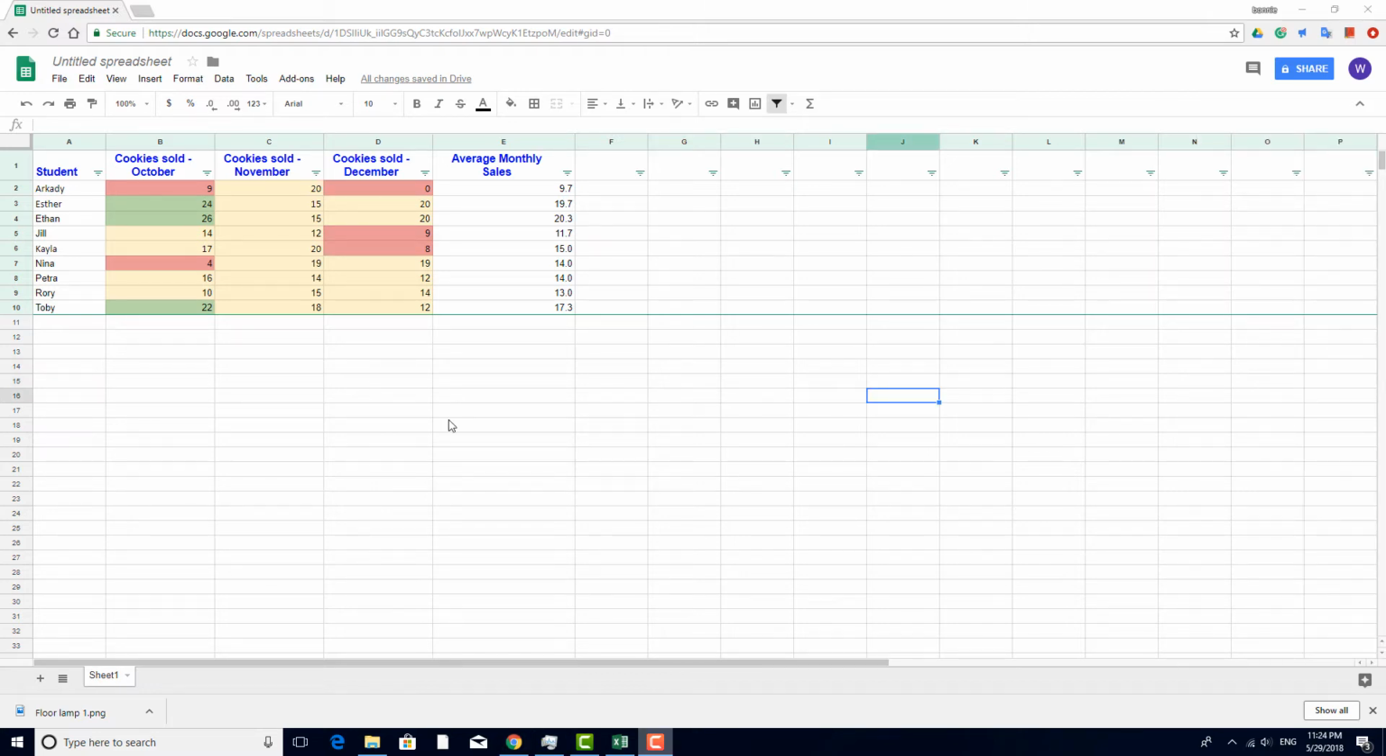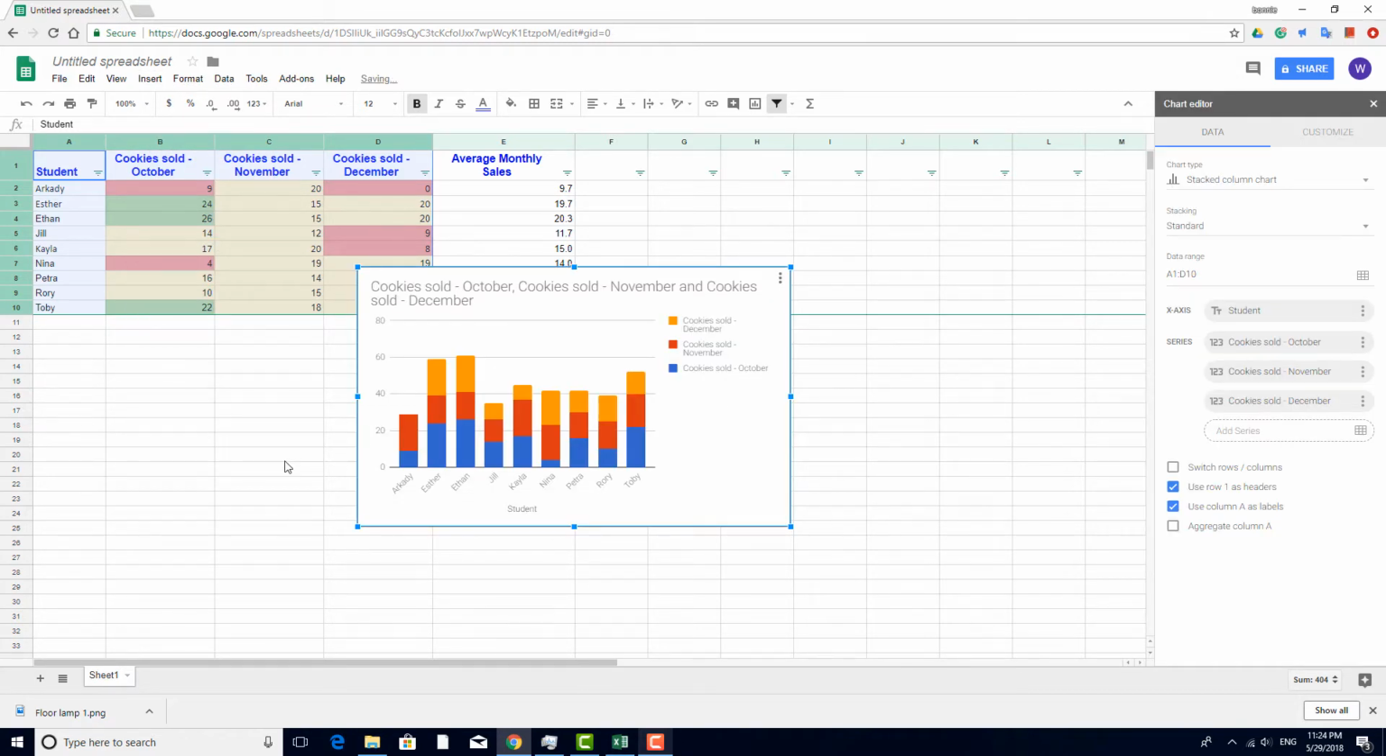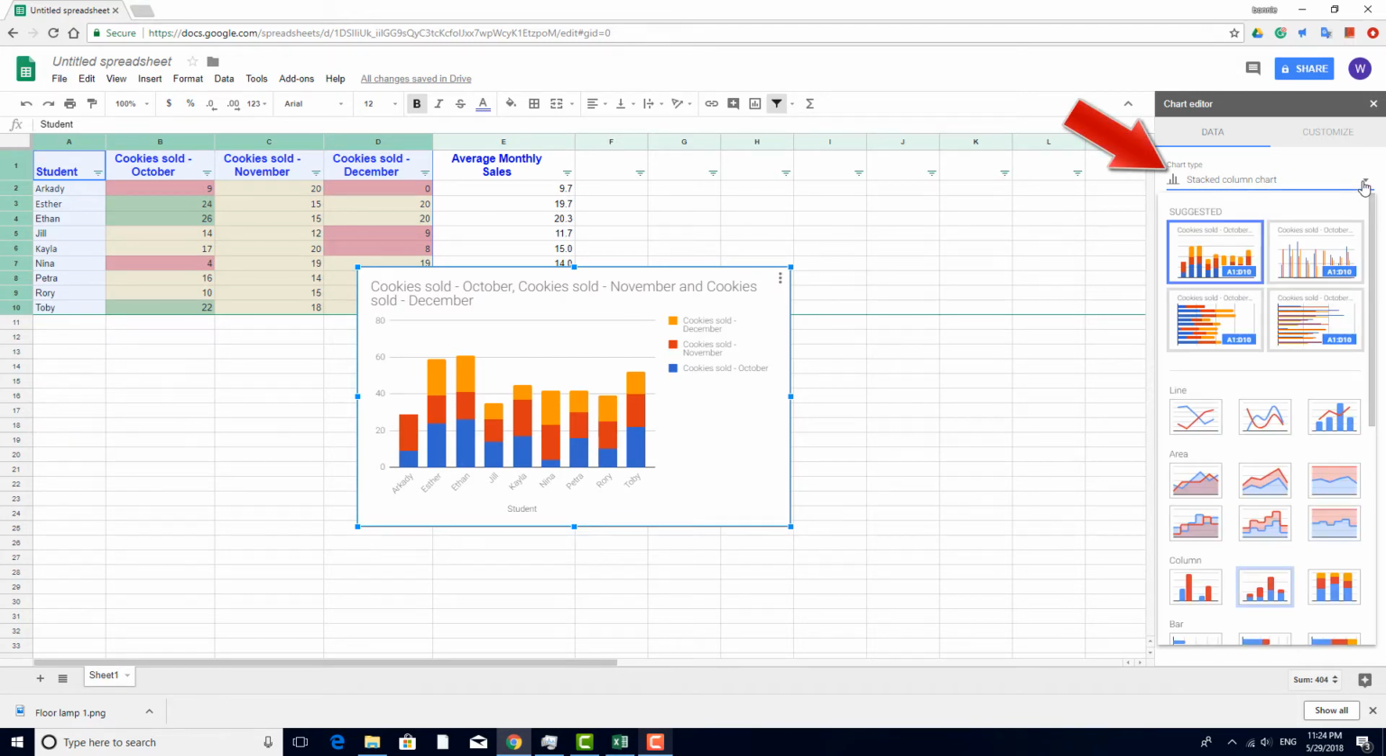I can also convert this data into a chart. Again, I'll highlight all of the cells I want to include, including the header row. Then I'll choose Insert Chart. Google will pick a default chart that best matches the type of data. I can change the type of chart,